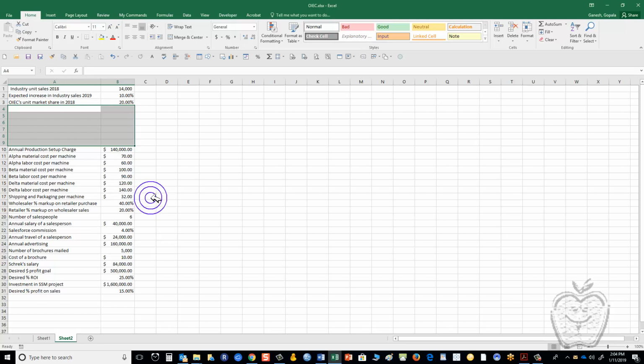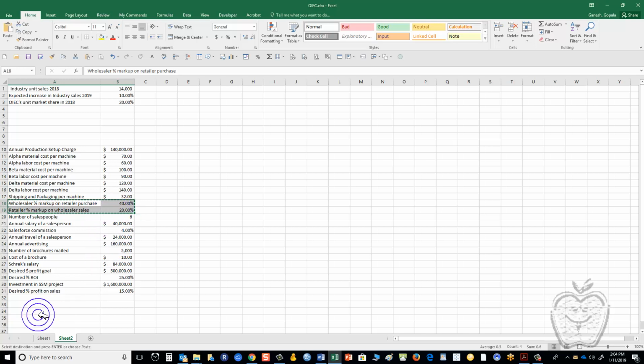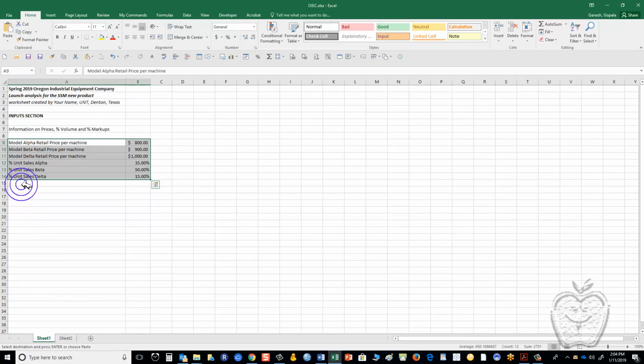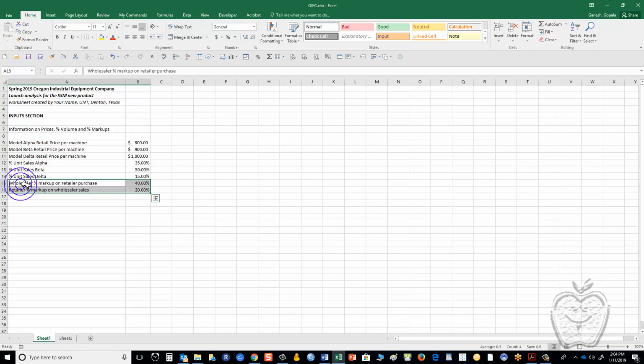Okay. Next, I want the markup information because we got the price and percentage of volume. We need the markup information. That is right here, 18 and 19. Cut it and put it here. Okay. Next,